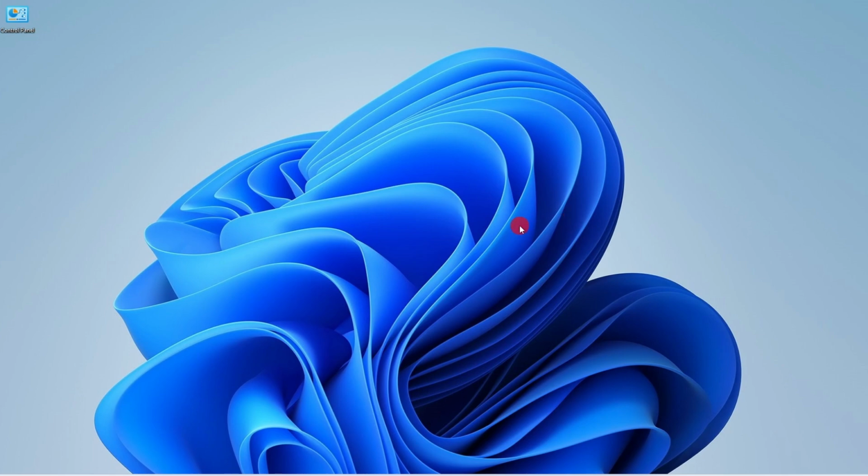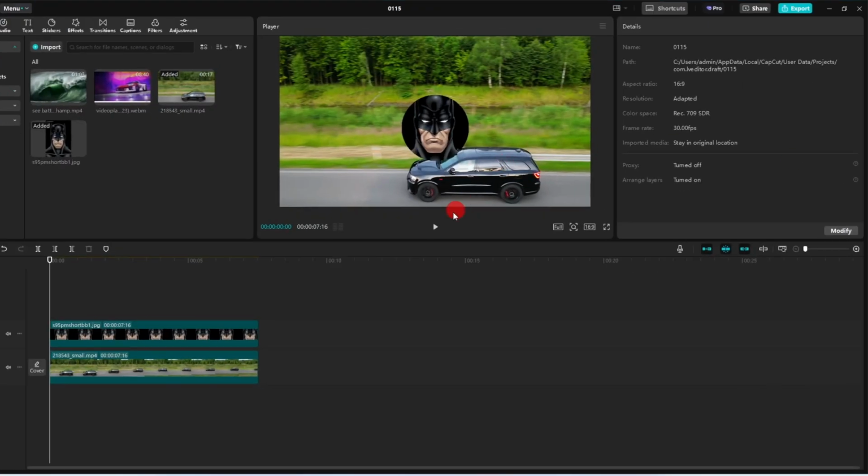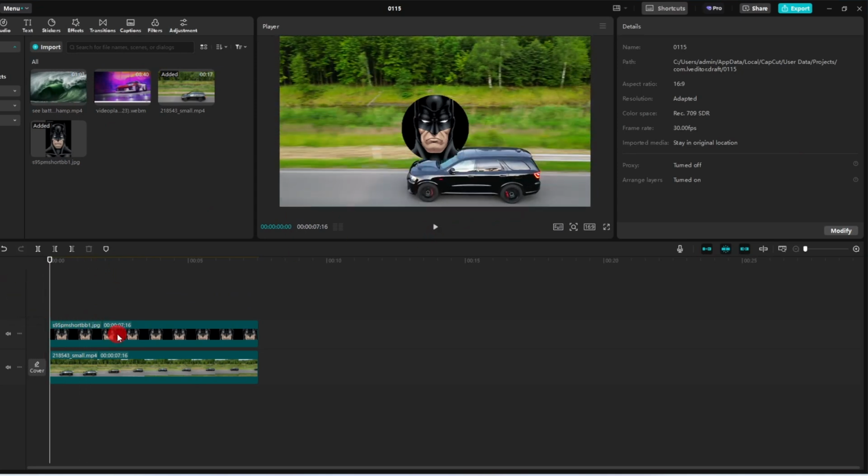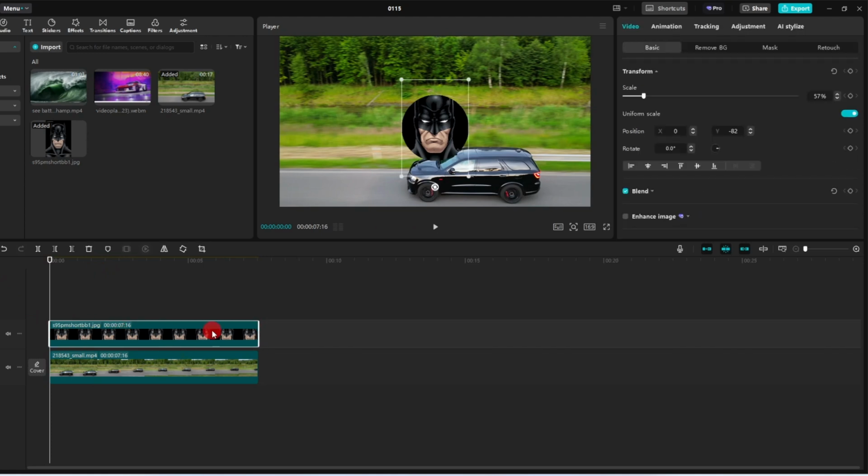Alright, let's dive in. Now, first of all, open CapCut on your PC. Okay, now select the video or image to which you want to add the slow zoom in effect. I'm going with this image. Now, go on